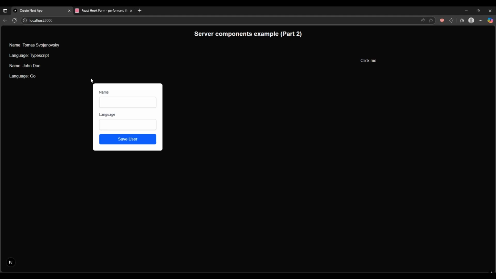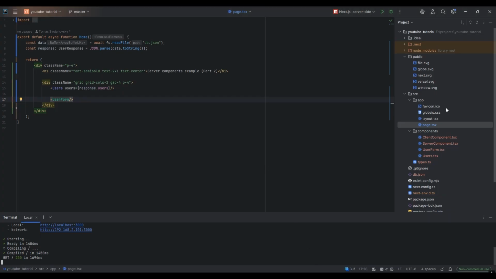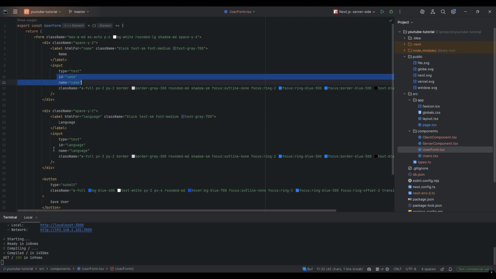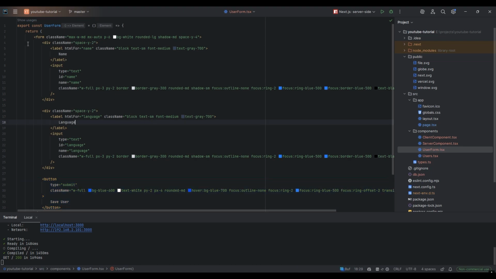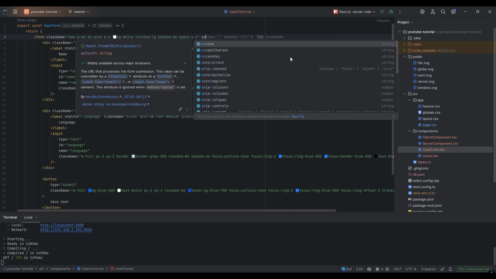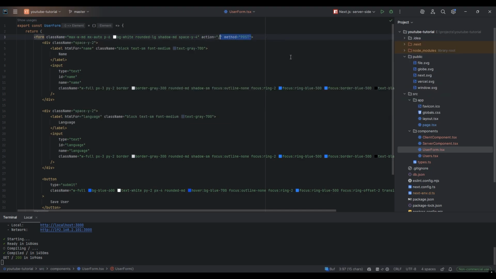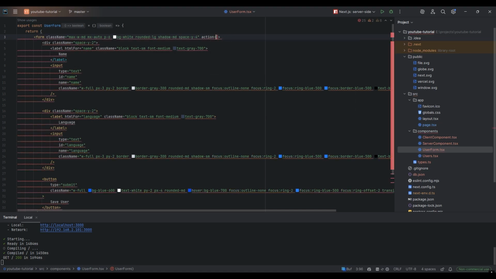So I already created the form with just a simple HTML form. You can see its name, language, and the submit button. So we need to add some handler which sends data somewhere. So let's start by adding action, and let's say it will be saveUserAction